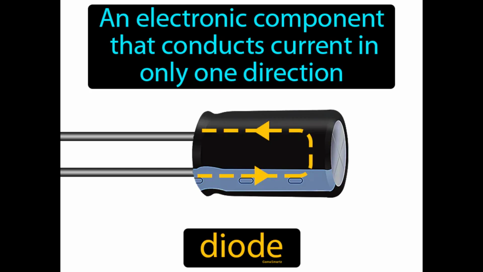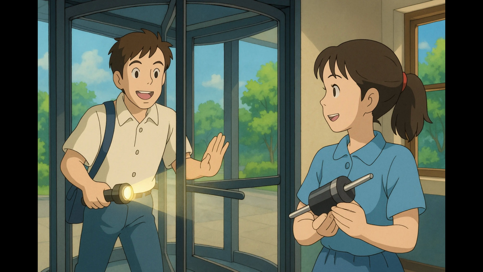An electronic component that conducts current in only one direction. Diode. A diode is like a one-way valve for electric current, allowing electricity to flow through it in only one direction. Imagine trying to walk through a revolving door that only allows you to enter the building, but not exit